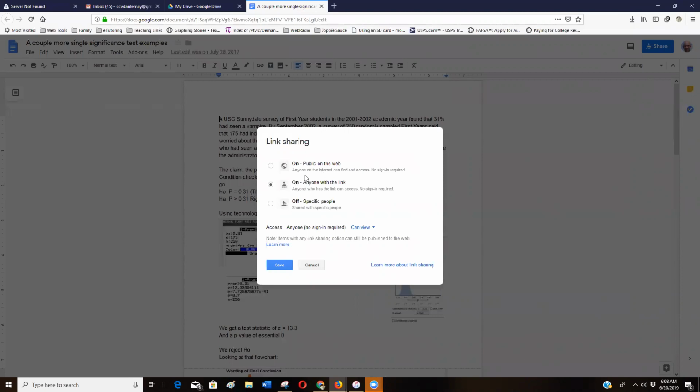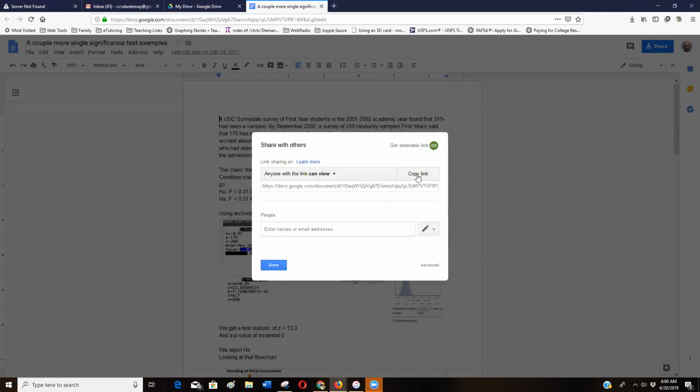It'll be locked up. So if I tried to send you a link from Oxbow to a Google document, I have to make sure that I change it to public on the web, or I usually do public on the web, but sharing with anyone with a link will also work. Then you can just save the setting. You can copy it and then paste that into the